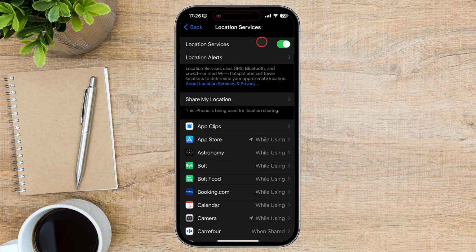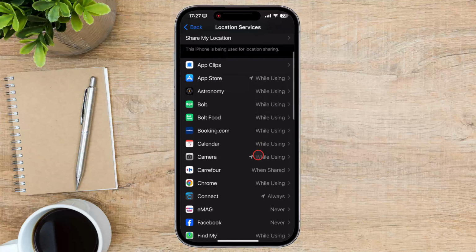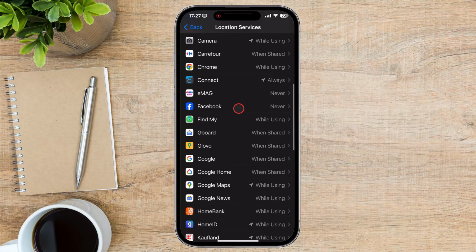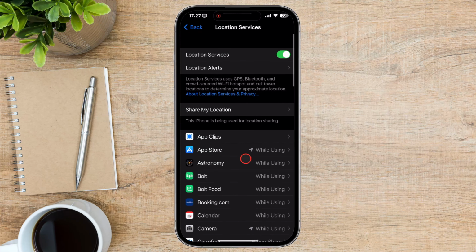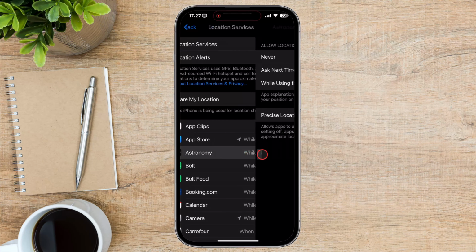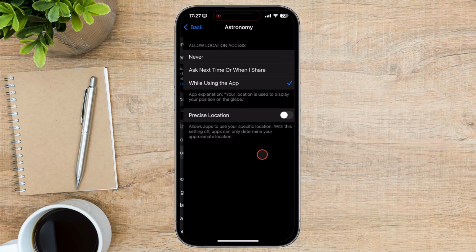If you do not wish to completely disable location services, then you can set this option for every app you use. If location services is enabled, then under the Location Services page, you'll see a list of apps that have requested access to your location. Tap on an app to review its location permissions. You can choose from 3 options: Always, While Using the App, or Never. Select the option that best suits your needs for each app.